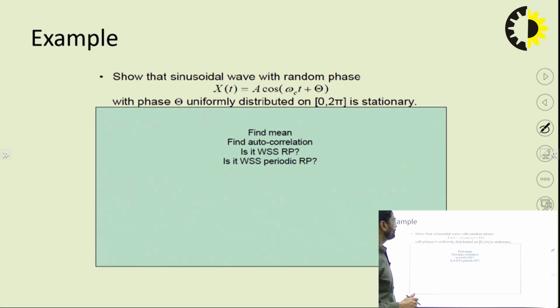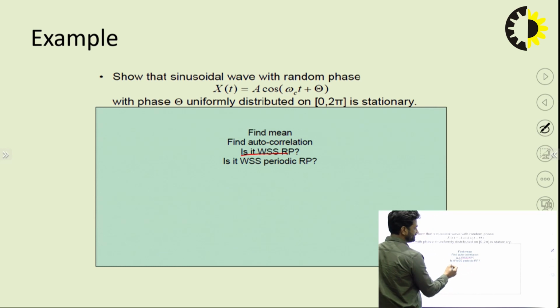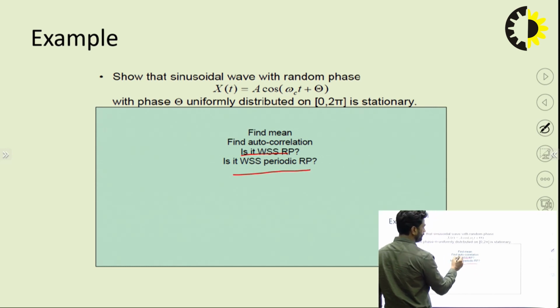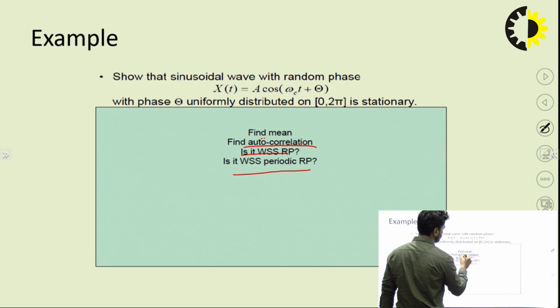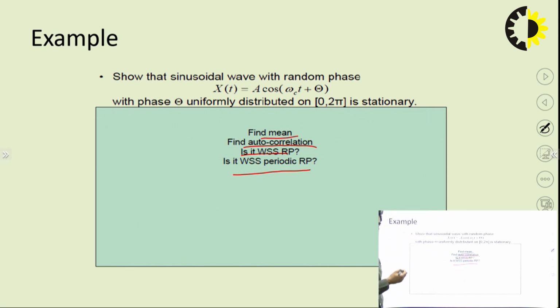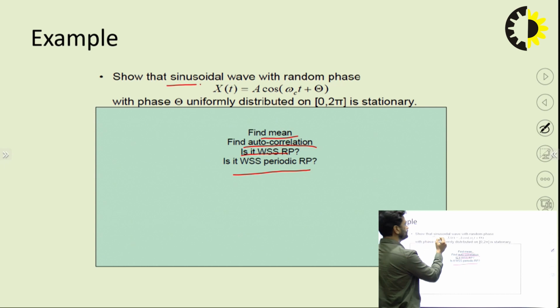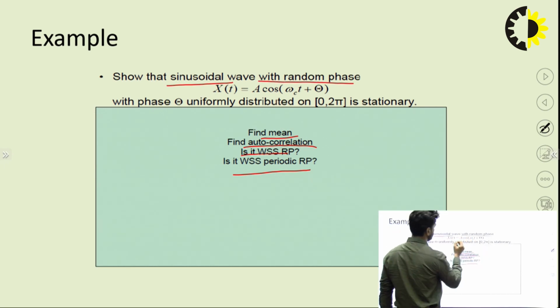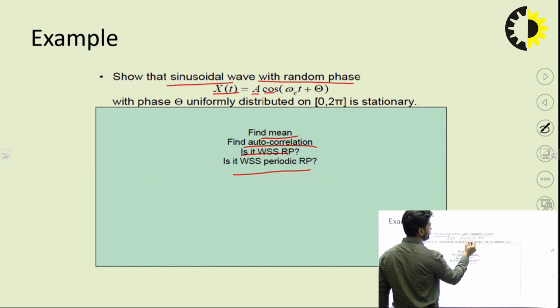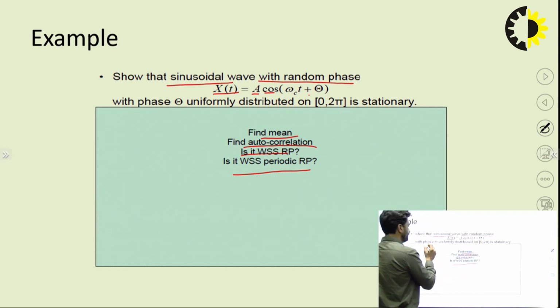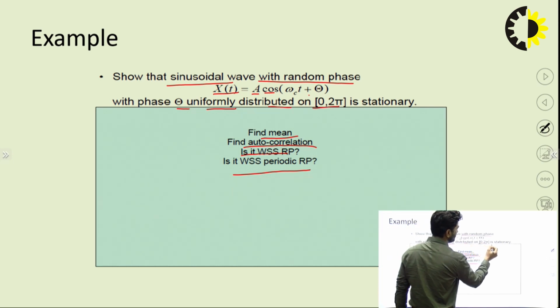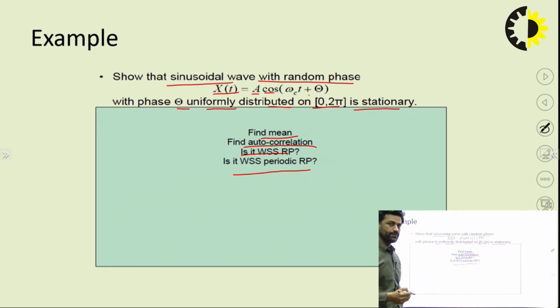In this example, we have to find out whether the process is WSS or not, WSS periodic process, or we have to find the autocorrelation and the mean. First, see the question. Show that the sinusoidal wave with a random phase X(t) = A cos(omega_c t + phi), with phase phi uniformly distributed on 0 to 2 pi, is stationary, right? Now we have been given this random process